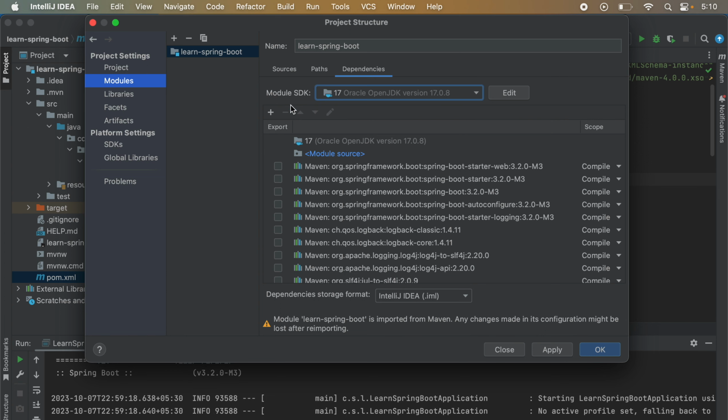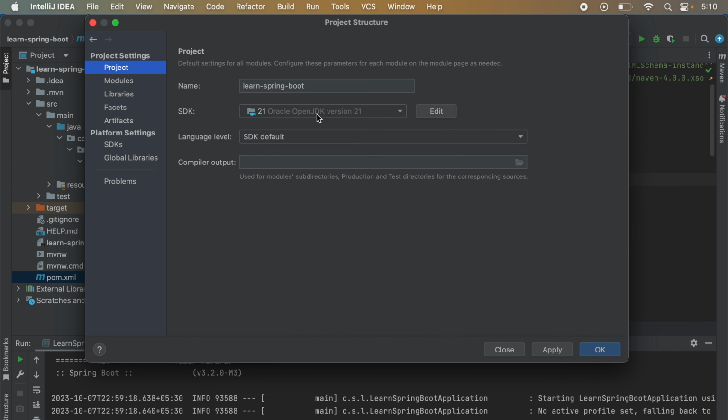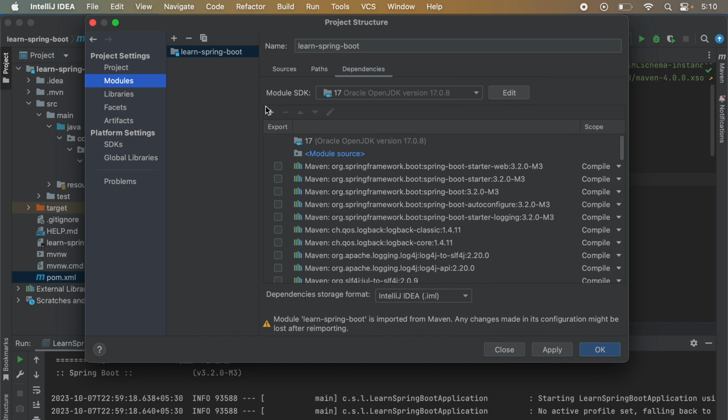So in that case the project SDK version will be different and the module SDK version will be different, and whatever version we set in the module option will have higher precedence.